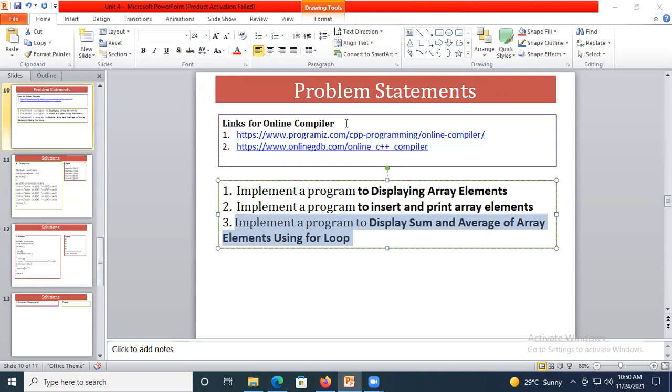Hello. No, sir. Okay, we'll wait for 1 or 2 minutes by the time remaining students get joined. Just think on it, how we can implement it, or try to recall what we have gone through in displaying array elements, how we have inserted, that means taking input from the user and displaying the elements. And then we'll go for the last problem statement, finding sum and its average of array elements. I will wait for 1 or 2 minutes more.